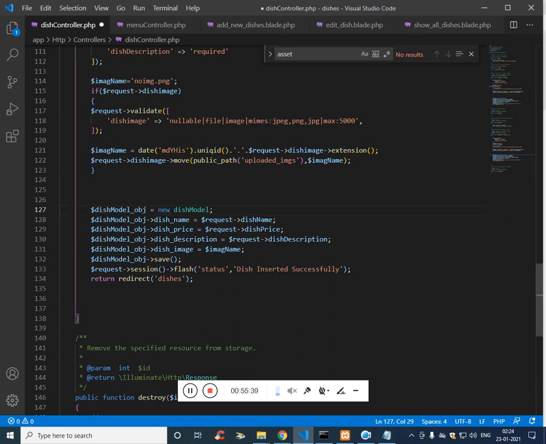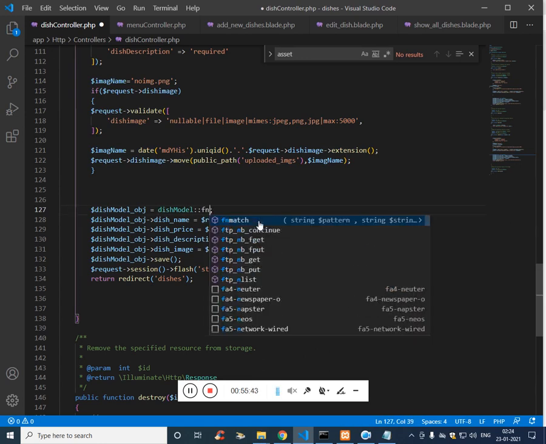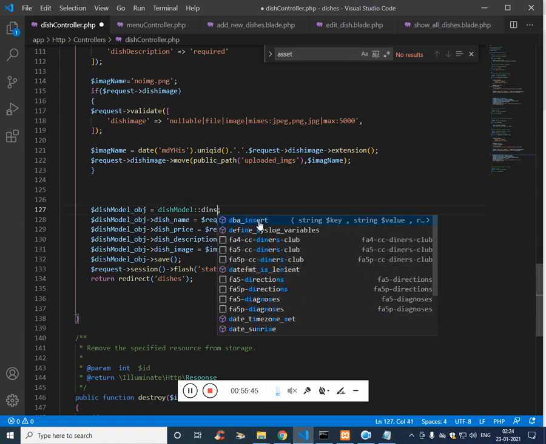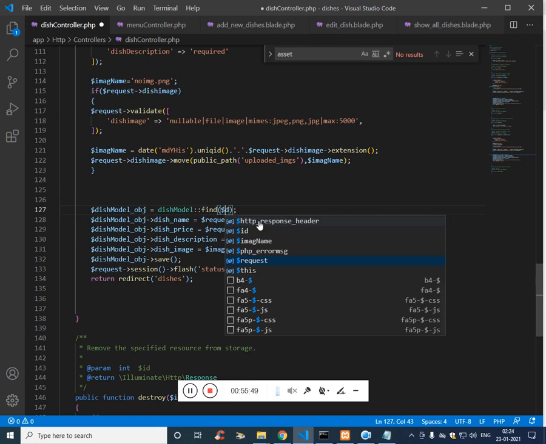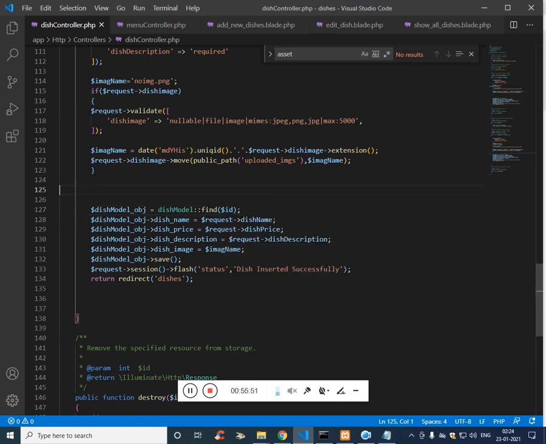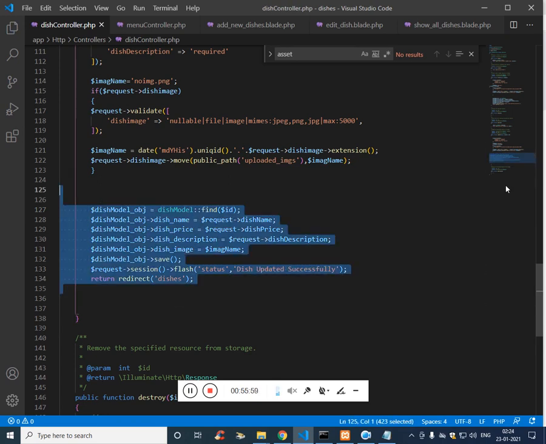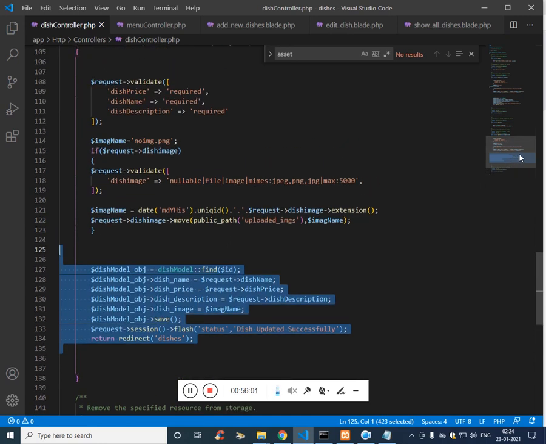we have to use again the find, and then we pass the $ID, and then this updated successfully. So that code, this code will work perfectly.